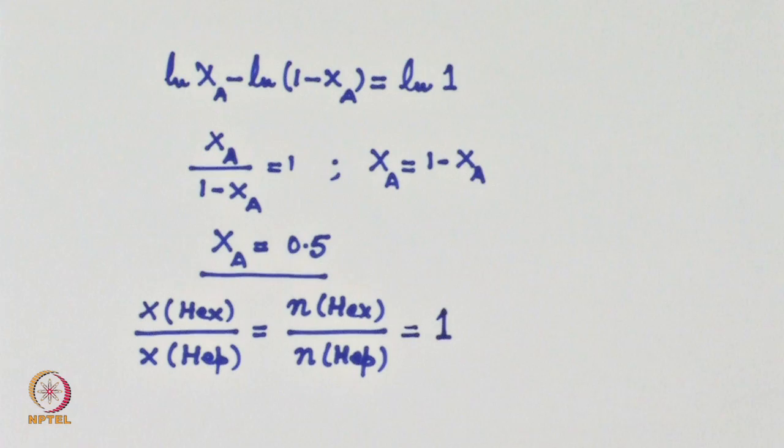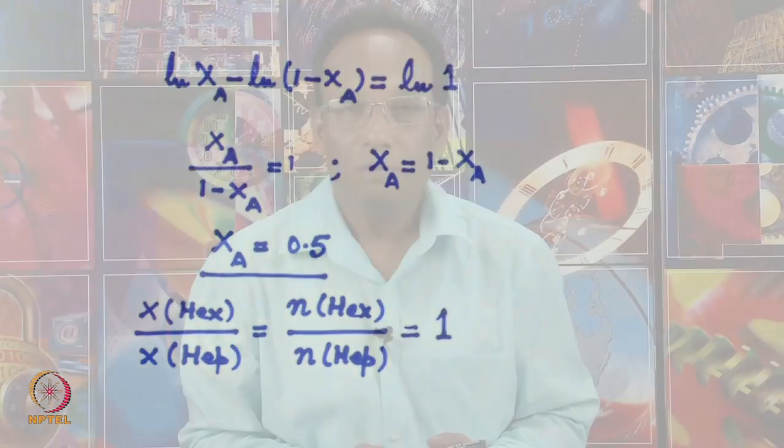So, the proportion by mole fraction of hexane and heptane will be 1:1 to get the greatest value of entropy of mixing. Now, we want to find out in terms of mass. If you look at the slide,